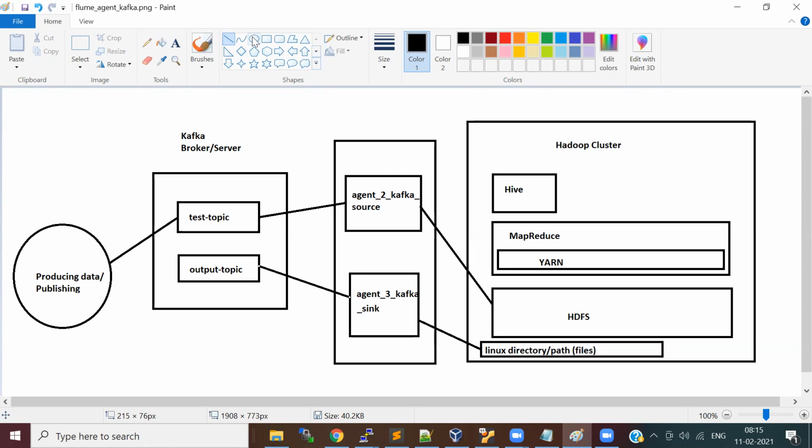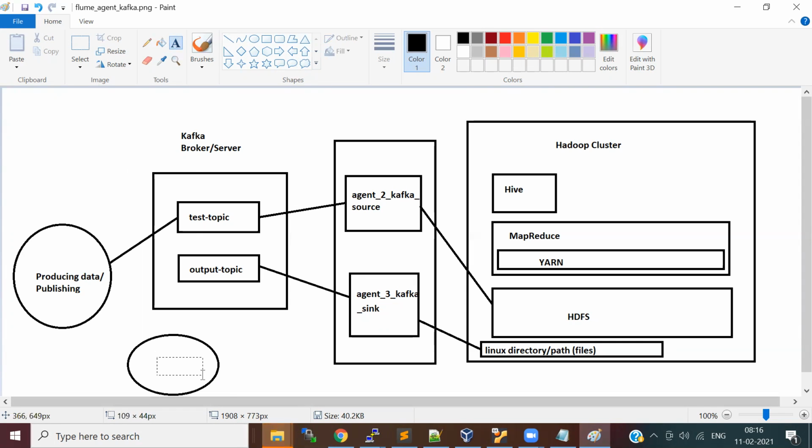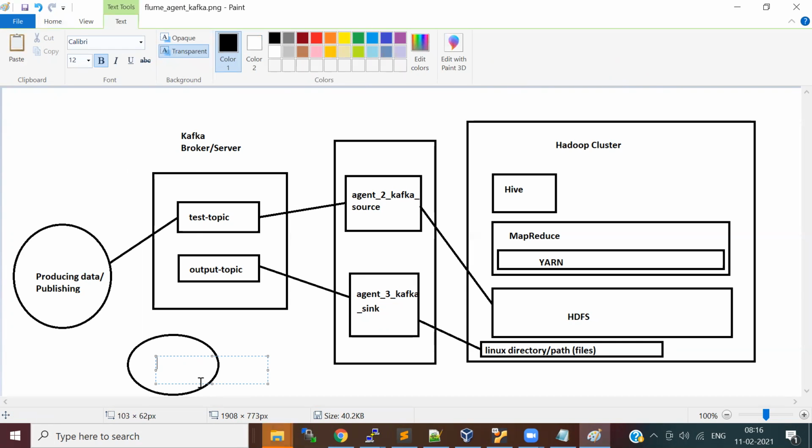Then if you have another application, that is considered to be a consumer. Any application which consumes your message from a Kafka topic is a consumer, right?